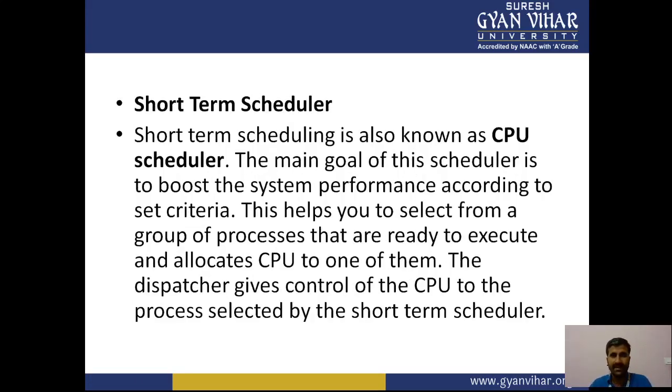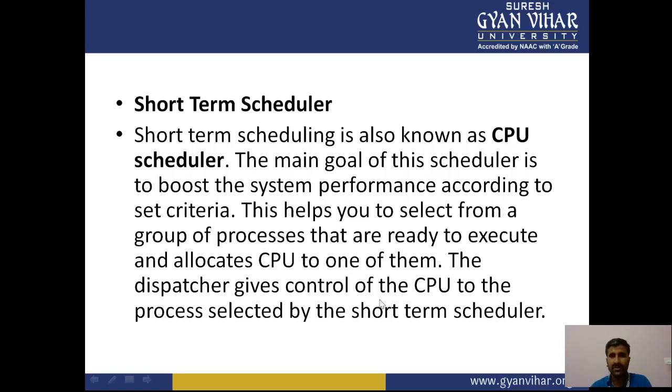And now after that there is the short term scheduler. The short term scheduler is also called the CPU scheduler, or dispatcher. The short term scheduler selects a process among the processes that are ready to execute and allocates the CPU to one of them. That means the STS, the CPU scheduler, makes the decision of which process is to be executed next, right? It works from the main memory to the CPU.